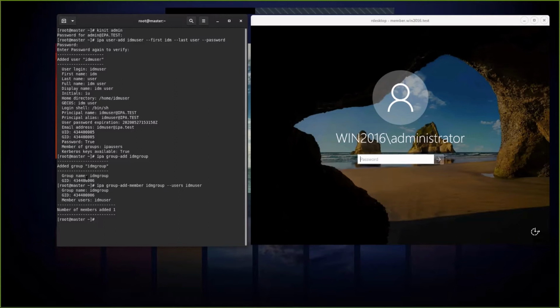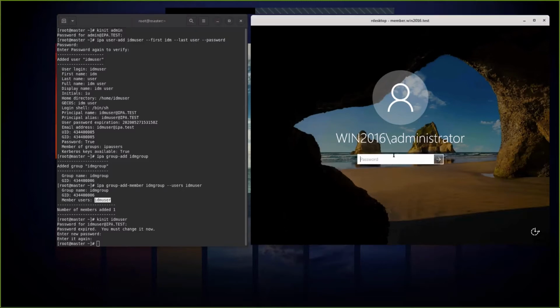So now I have one group, one user member of that group. I will reset my user password with kinit. Okay.